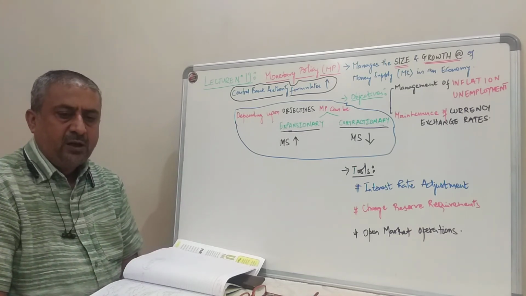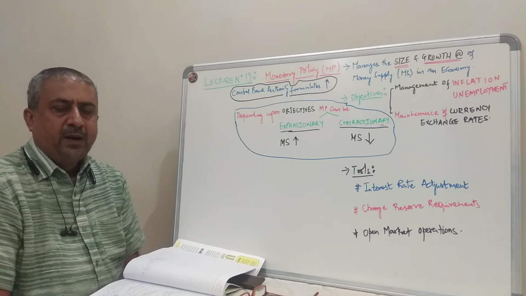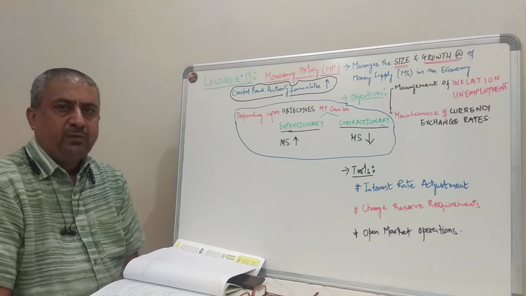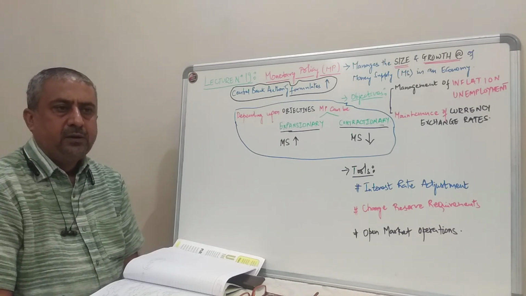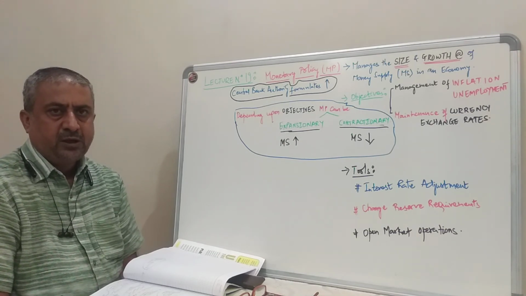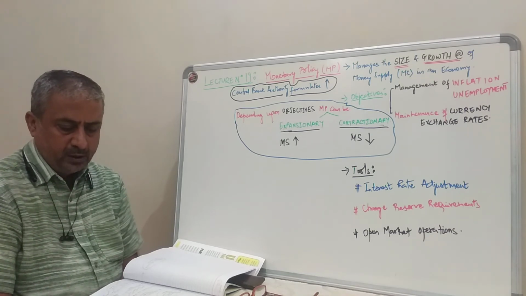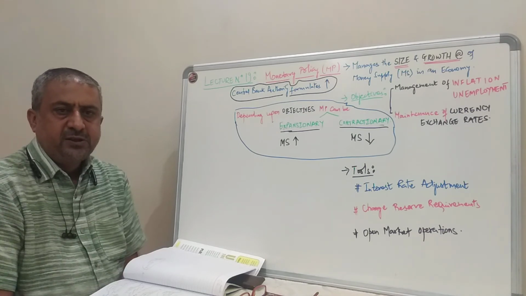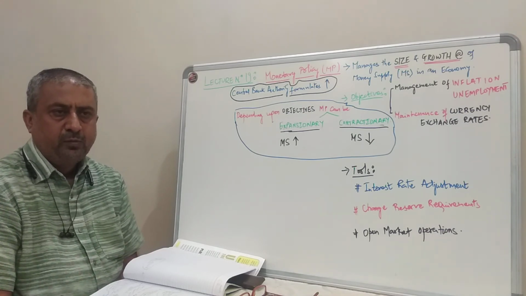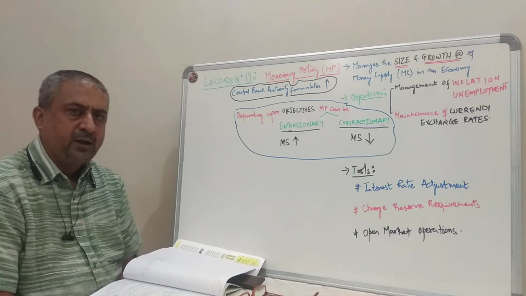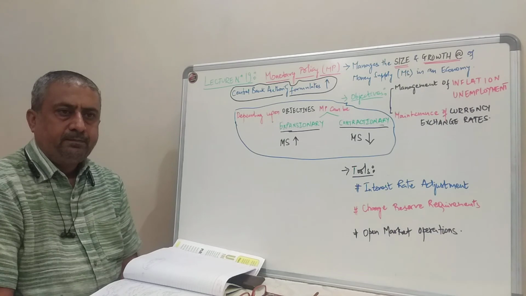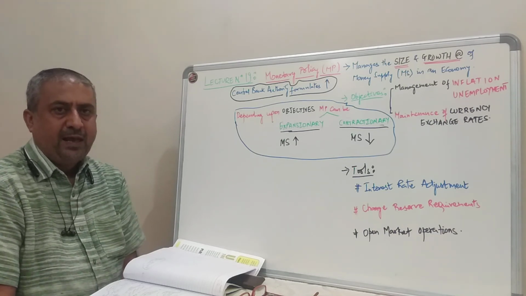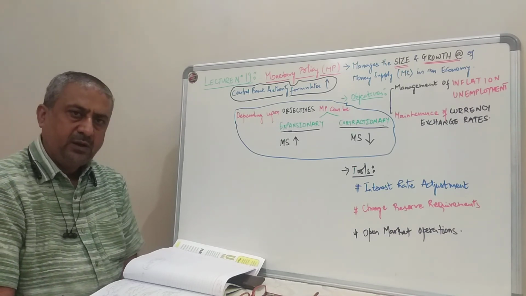The second aspect is that if money is not available in the hands of the public, how does the government make it available? It either spends on infrastructure, and that is how the money comes back, or you can do it by purchase and sale of government securities. You buy government securities, the government has money, and that money comes back into the system for the public. Or you sell government securities, again in that case